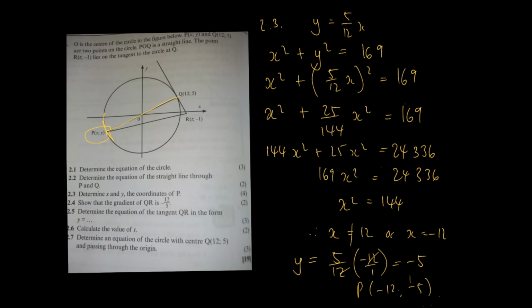Okay, what I'm going to do now is delete that so that we've got space to write again. And we can now do question number 2.4. In question 2.4, they have asked us to show that the gradient of QR is minus 12 over 5. Okay, so we know that line